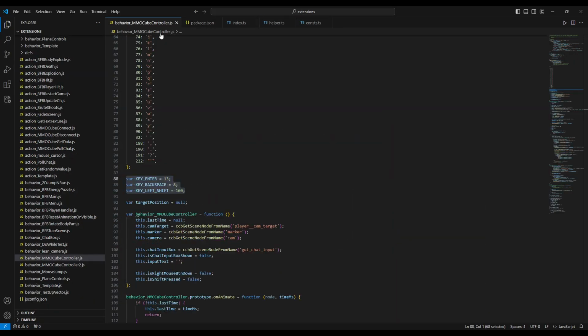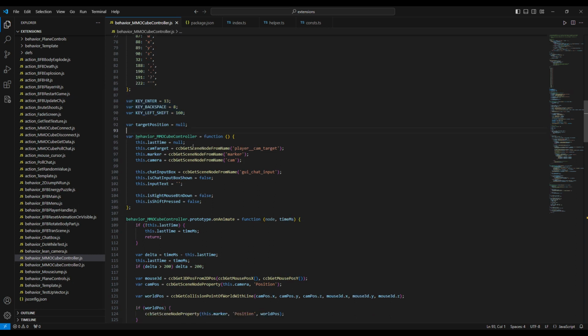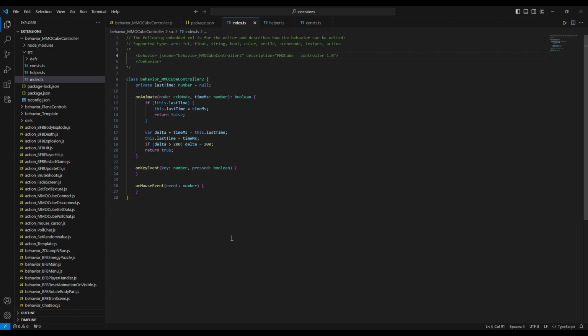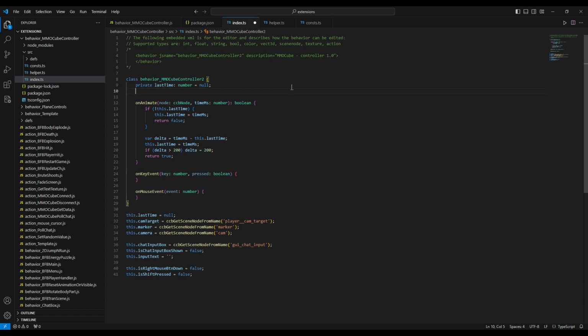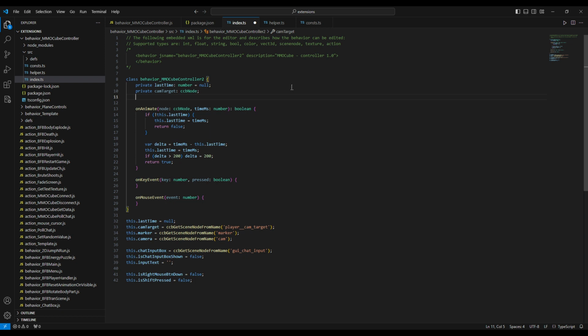So let's proceed. First of all, we need to create the private variables for the controller. So let's go to index and let's probably copy it here. And now let's modify the controller. We have the last time already. We need to have camera node, which will be private, com target node, which will be CCB node. We will have